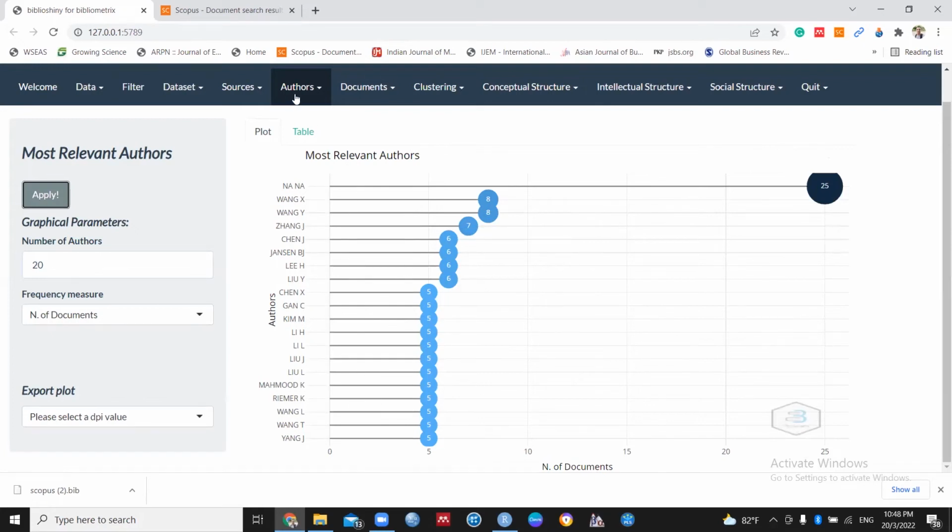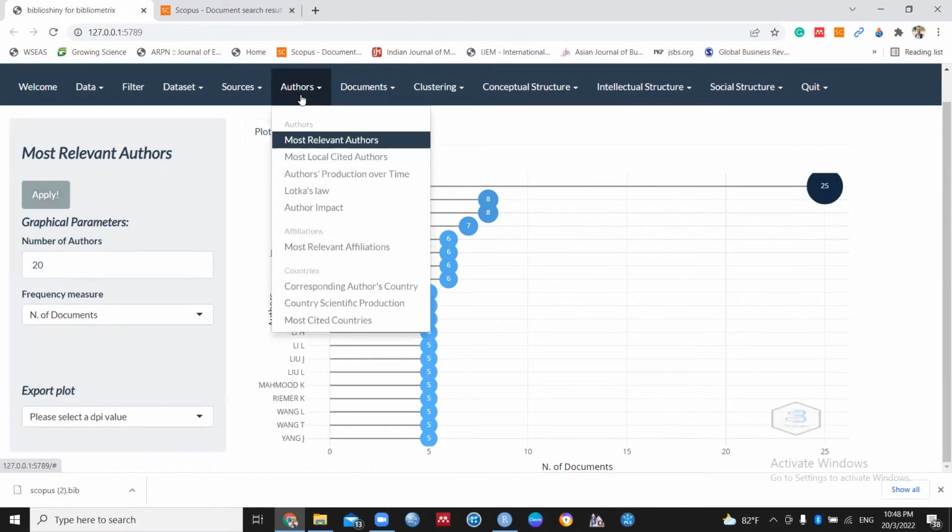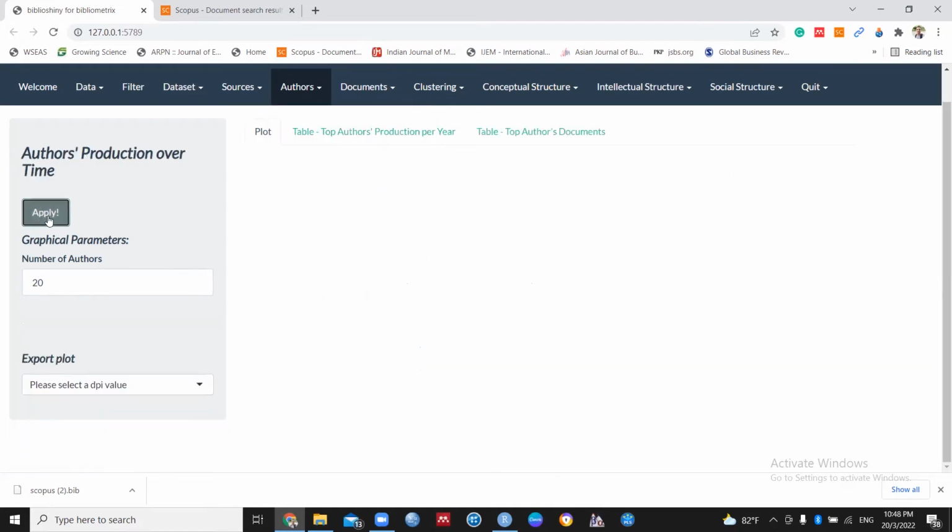Okay, this is for authors. I think it is important to export this in your paper as well. You can check other bibliometrics papers already published in Bibliometrix and make a comparison. Okay, for the most local cited authors, and also another one, author production over time, is important,